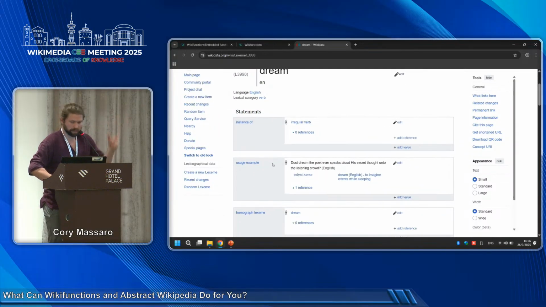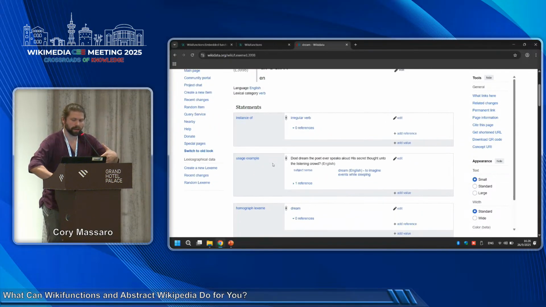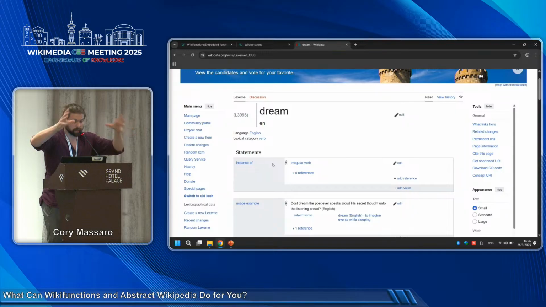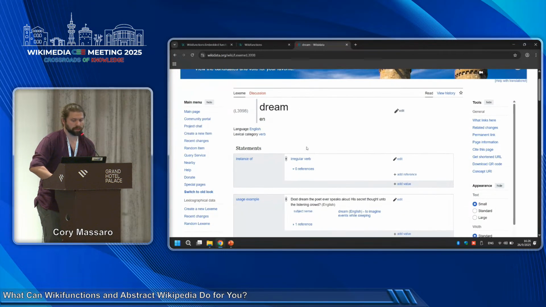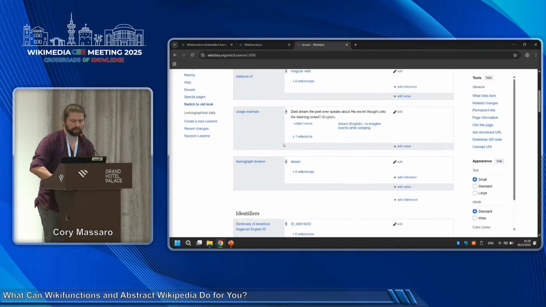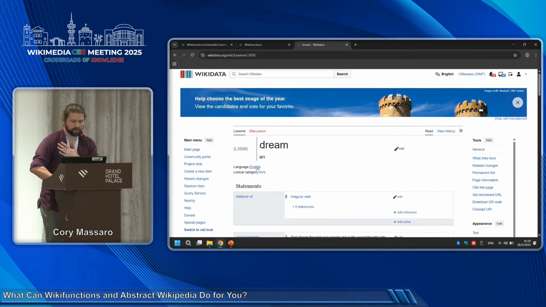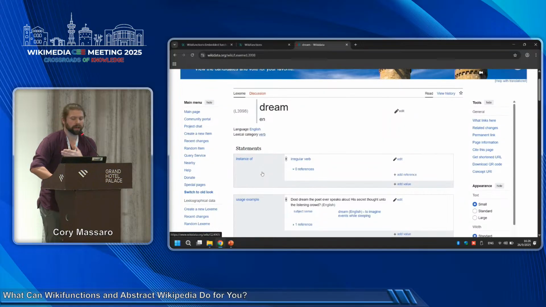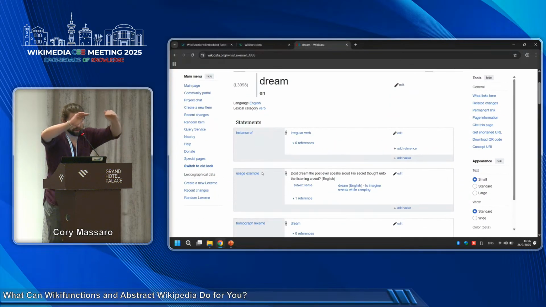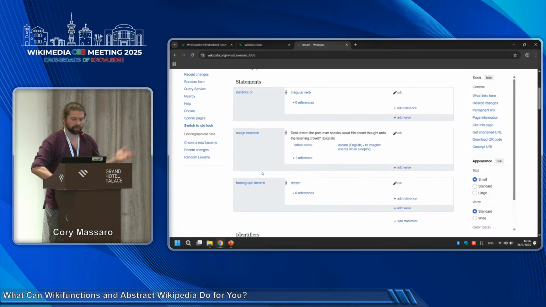So this is what's being talked about. Lexemes are pieces of information stored in Wikidata that deal in the linguistic aspects of a word. So in this case, where we're getting the verb dream, there's probably a separate one for the noun, but basically these are all of the different things that a word can mean, so its senses, and all of the forms that it can take.